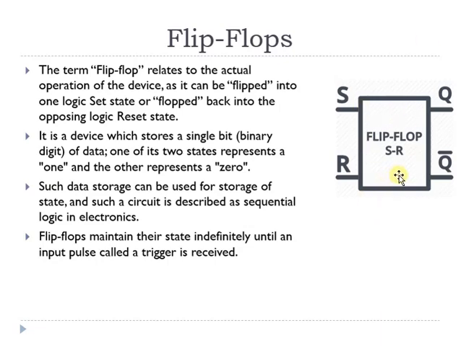So here you can see an example of a flip-flop, which is called an RS flip-flop. This corresponds to the set input, and this corresponds to the reset input, and there are two outputs, Q and Q bar. This is the normal state output and this is its complement. When Q is equal to 1, it corresponds to the set condition, and at that time Q bar will be 0. When we apply the reset input, with S equal to 0, the output Q will change to 0 and Q bar will change to 1.